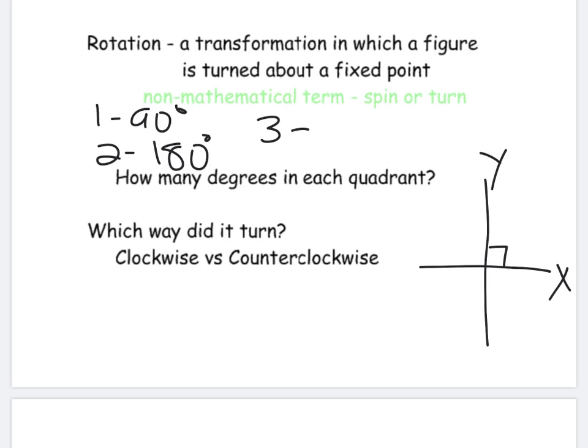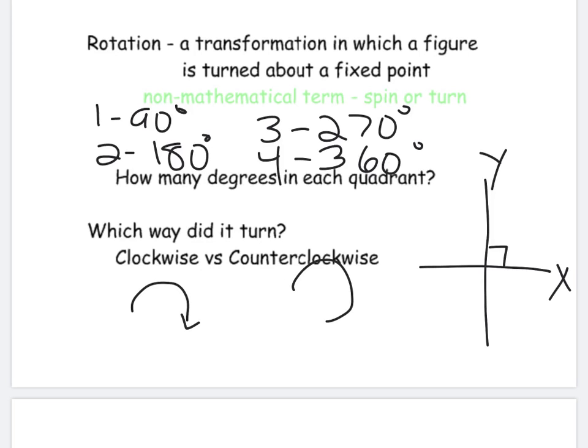3 quadrants, or 3 times, that gives me 270 degrees. And then if it goes all the way back to the beginning, to where it started from, 4 quadrants, it turns 360 degrees, which is the degrees of a complete circle. The other way in which a rotation is described is whether it goes clockwise. Clockwise goes the way a clock goes in a circle like this, and counterclockwise goes the opposite way of the